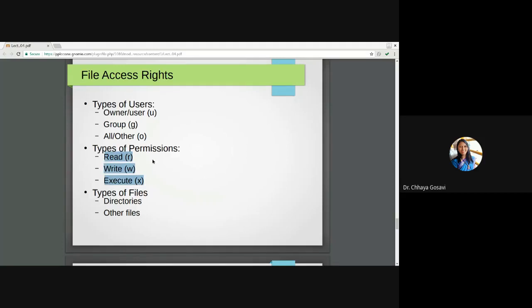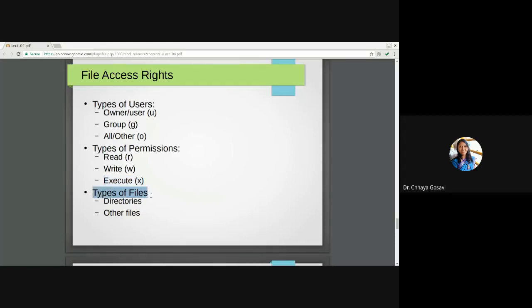For directories, what is the meaning of read? Read is just that you can list or find a particular file. Creation and deletion is not supported for read access in case of directories. For write access, you are allowed to create and delete files or directories. And execute access for directories is renaming the directory or modifying its path. So such executable access are given for directories.